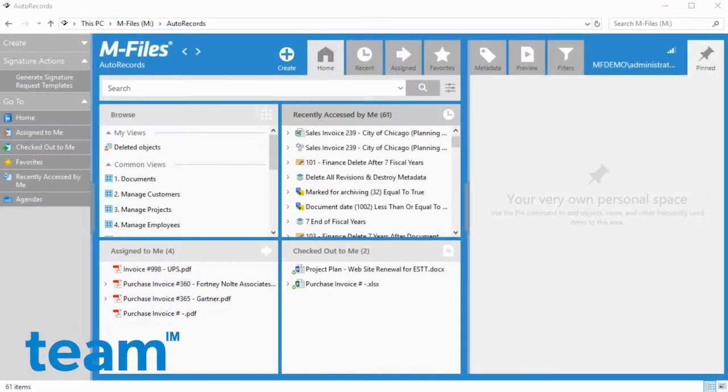Team Informatics is pleased to announce the release of AutoRecords for M-Files. This enterprise-class records and retention management software is available as a tightly integrated Vault application for all M-Files customers. AutoRecords provides the tools needed to easily meet compliance goals within the organization, and as the name suggests, AutoRecords maintains compliance using a powerful automated engine which makes the job of staying in compliance much easier for the records manager